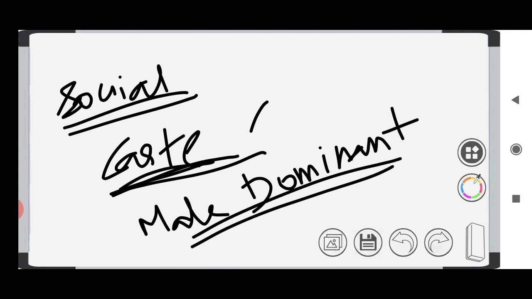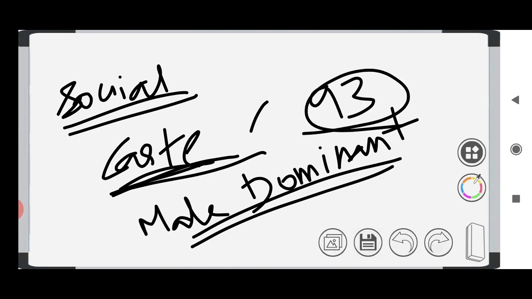And land system. Actually, in our male dominant society in India, around 93% of the land is under male control. Which means only 7% of the land is under the control of females. So this means that males have more dominance in our society, and this is also one of the major reasons for poverty. And other reasons like corruption.